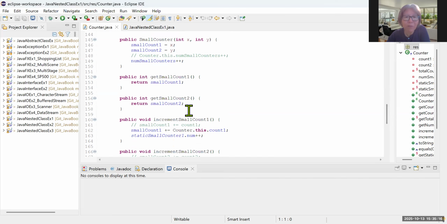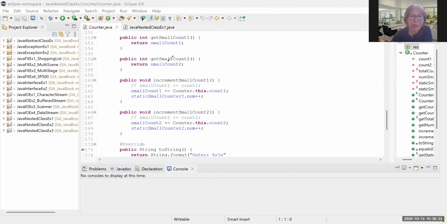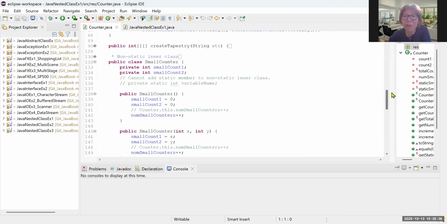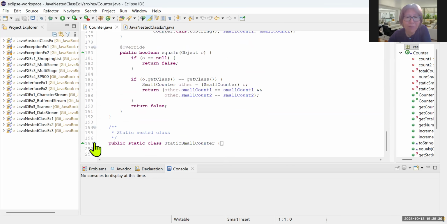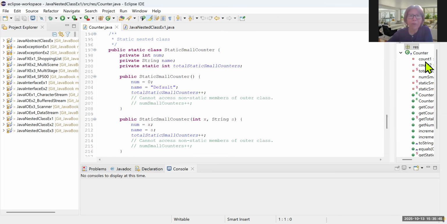And these are getters, so nothing new. Also over here, we are going to come back to explain this. And toString and equals. So now we see this is the inner class, the non-static one. Then here we have another nested class within the Counter. This is the outer class, and this is a static